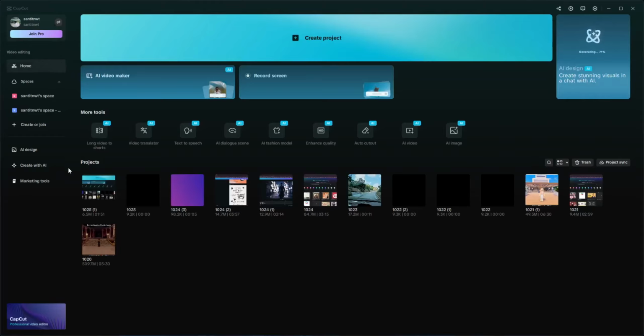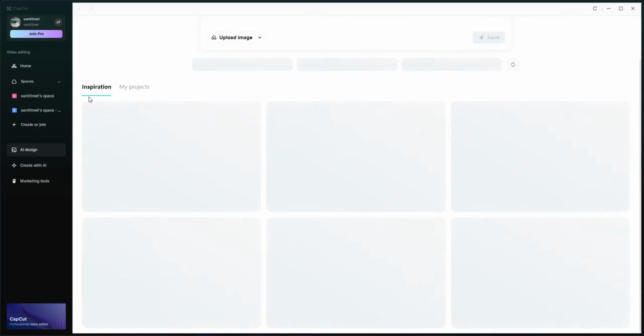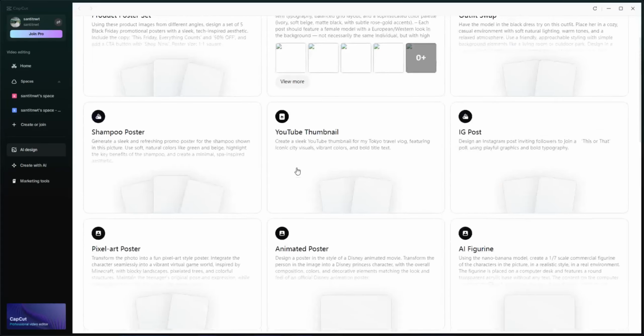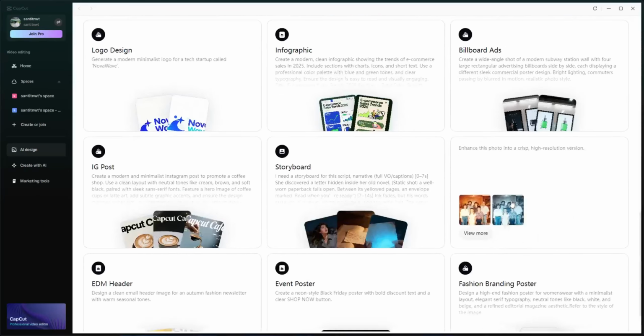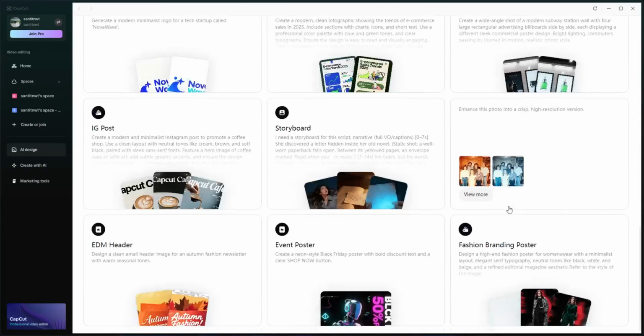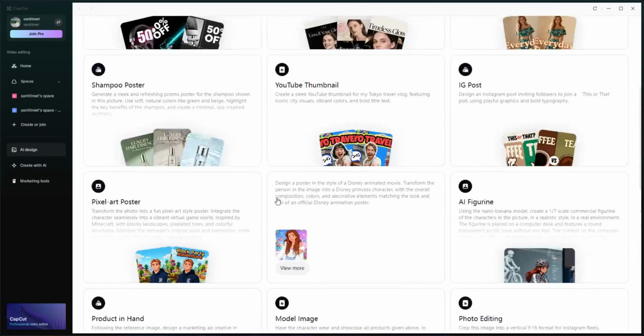So what you need to do in here, just go to the Create AI design option on CapCut PC in the left side panel here. And then in the Inspirations tab, you can scroll down until you find the animated poster option. This one. So in here you can see the prompt: design a poster in the style of a Disney animated